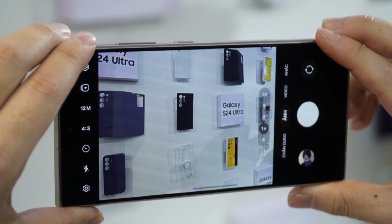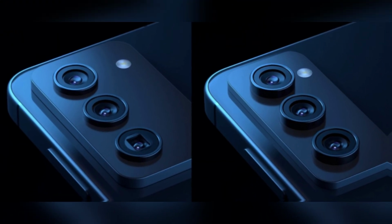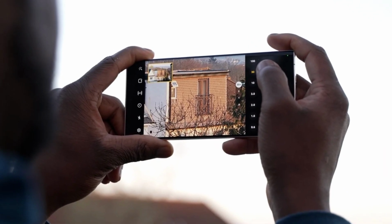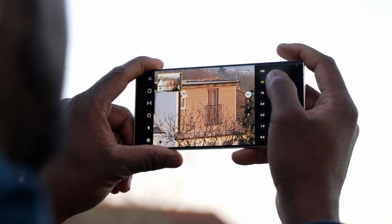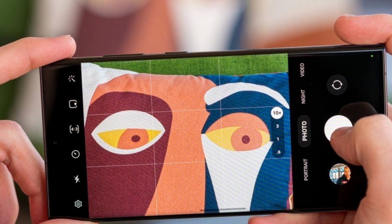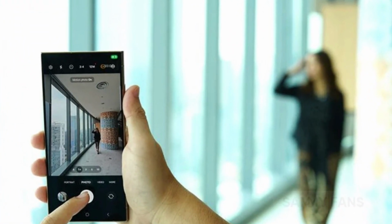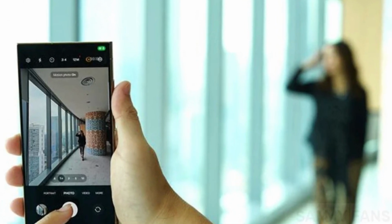smartphones for photography. Despite these promising rumors, conflicting reports suggest that Samsung might remove one of the two zoom cameras altogether. This could be a move to simplify the camera system, reduce costs, or improve efficiency in other areas. If true, it would be a surprising decision, as Samsung has been known for its strong zoom capabilities in recent years. Samsung's approach to camera upgrades has been relatively conservative, with the company focusing on refining existing technology rather than